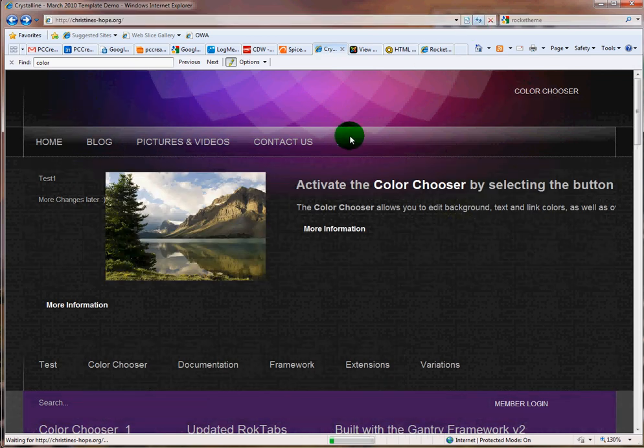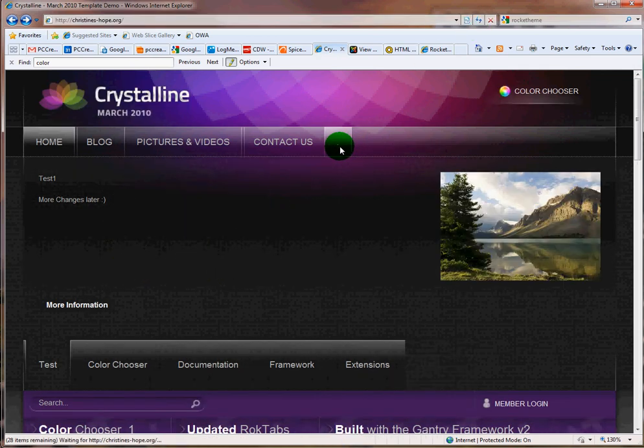And by the way, the connection here is a T1, and hopefully the site isn't as slow for you. It should be a little bit faster. I know it's faster from my house, but